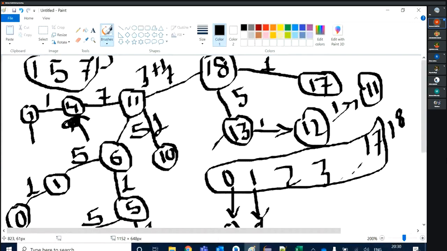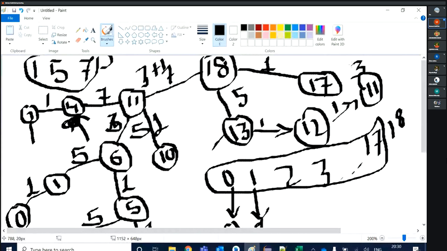Because we already have the answer for the 11. We got it here only. Whatever answer we are storing, for 11 my answer is 3. So I don't need to calculate it again. I will just take that answer here directly. And whatever path I'm choosing, 3 plus 1, 4 plus 1, 5 plus 1, 6. I can give the answer 6 here. Getting me?